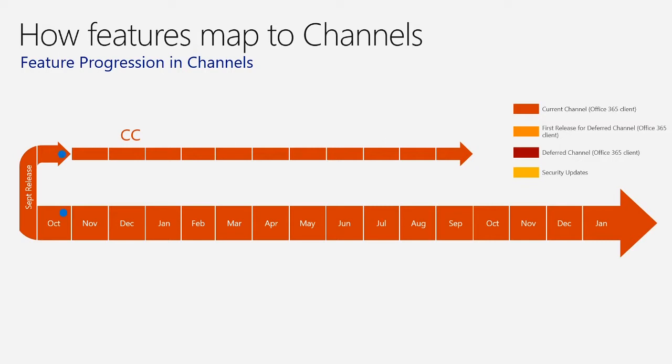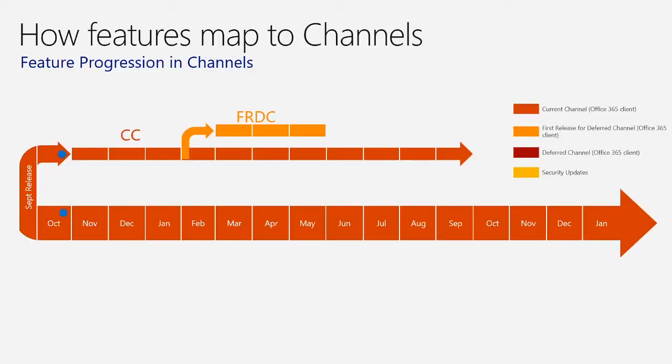Feature comes out, little blue dot here in October. What happens? It gets quality tested, it gets put into current release. Let's just say that that's in October. October release, boom, new features there. Should probably use Clippy because that would be pretty cool. We release that again. So when does that actually come into FRDC? So you'll see in October, new features released. You'll see that in November. You'll see that in December, January, and ongoing in current channel.